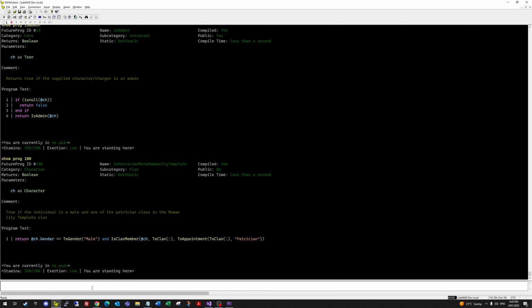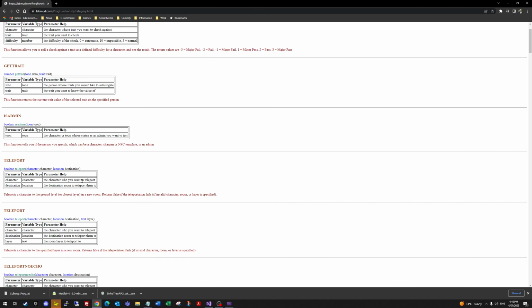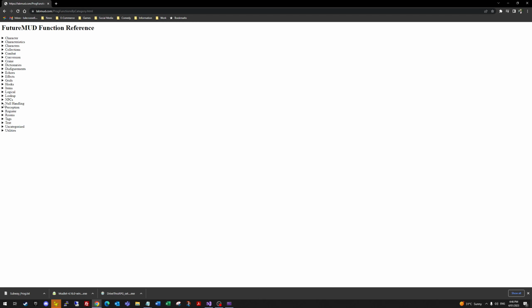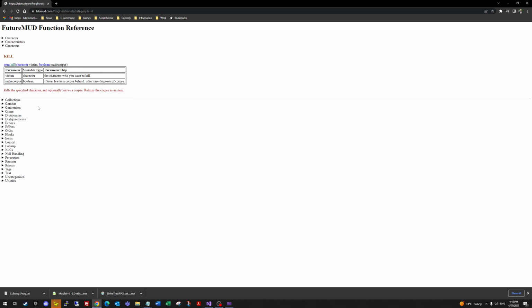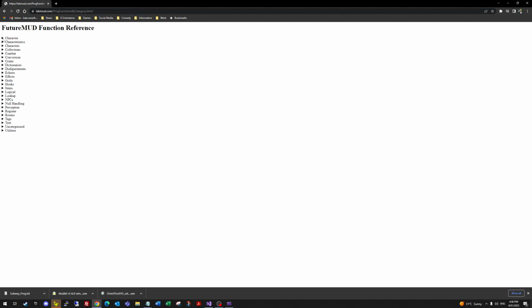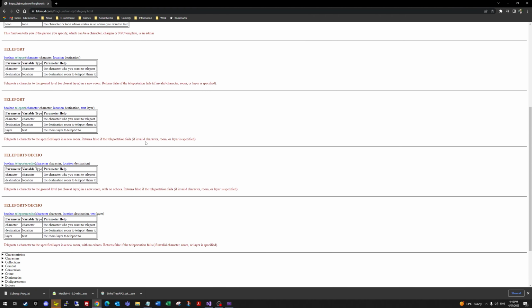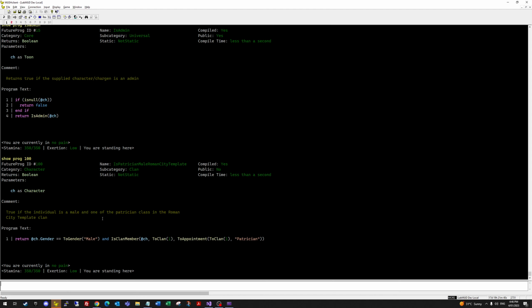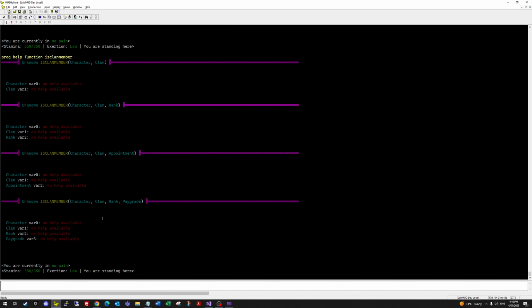Something like is clan member. There are a couple of different clan related ones you can do. Must be on characters. Character. No, maybe I haven't actually done a, let's see, prog help function is clan member. Yeah, it looks like